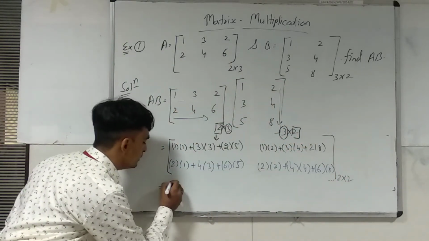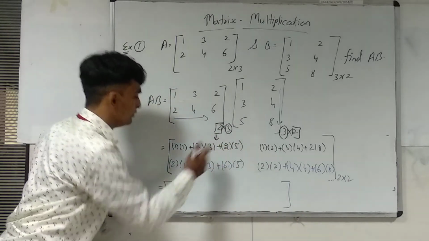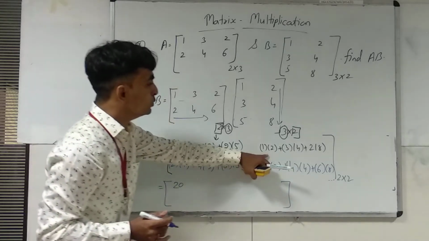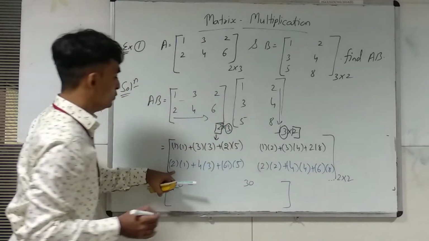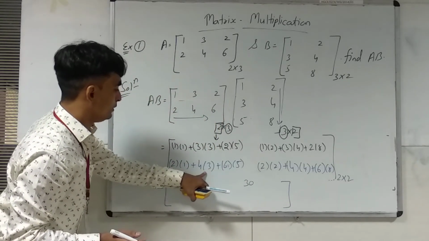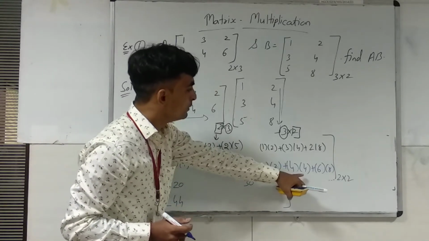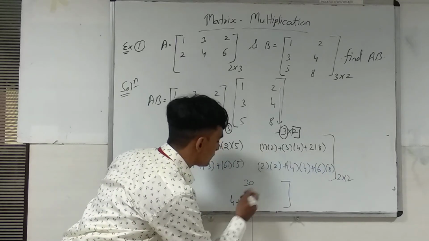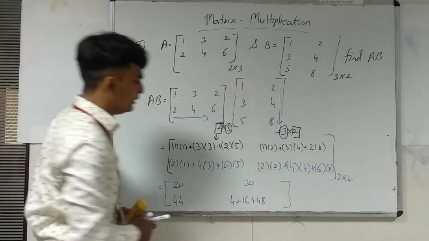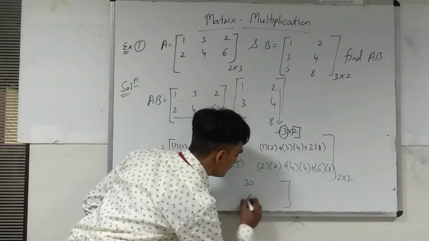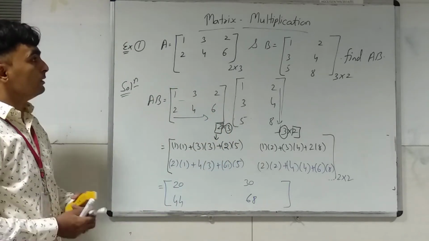So now it is simple multiplication and addition. 1 plus 9 plus 10, so it is 20. 2, 12, 14 and 16. It is 30. 2, 12. It is 14 plus 30, 44. This is 4, this is 4 plus 16 plus 48. So it is, you can say, 68. This is your answer. This way you can see. So this is what we have done.